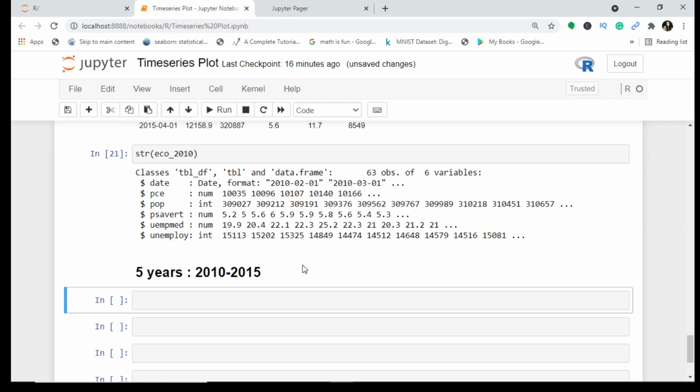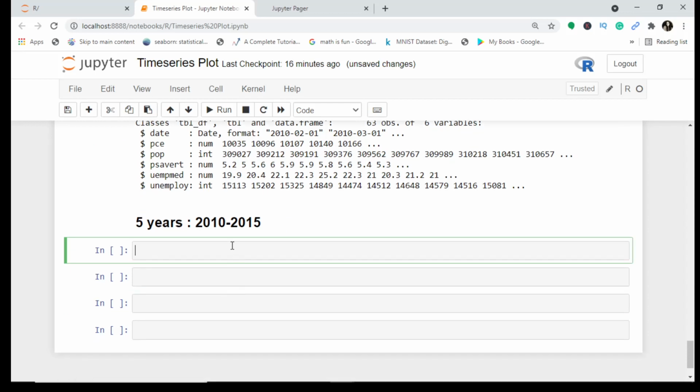So let's plot one graph and see what happens and how else it can be plotted. I take ggplot and I take here eco2010. Then I set the aesthetics: x equals date again, and y equals the same thing, unemployed, right?